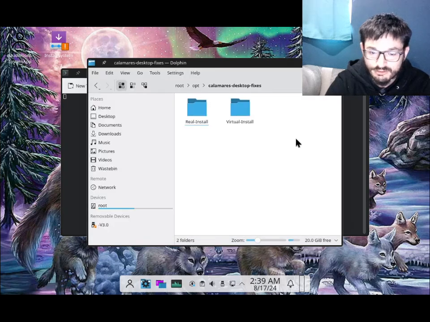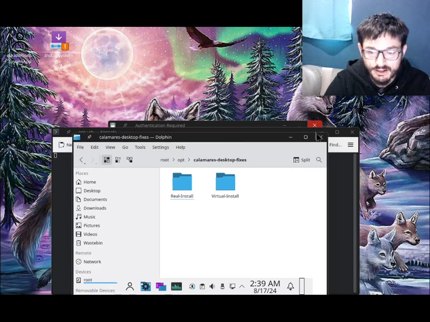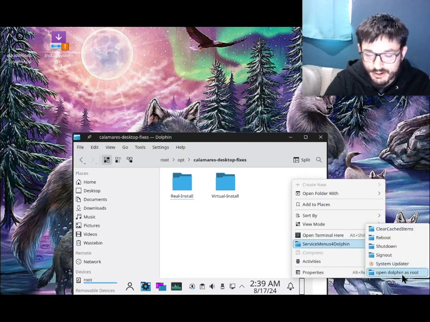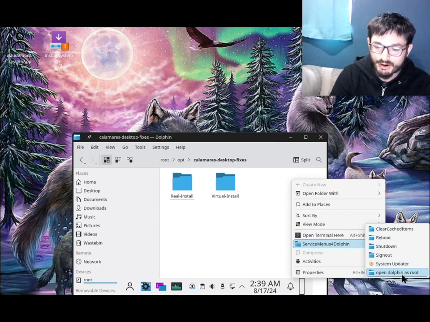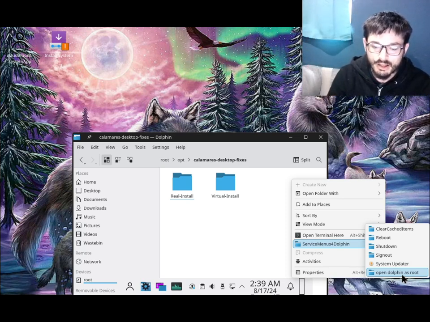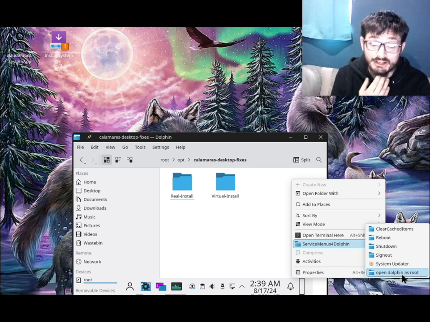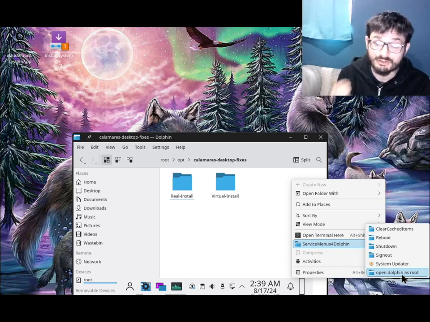This service menu did just get updated, funny enough, so there is a new update for this service menu that's not in this ISO. The update was that you can now wipe partitions with gparted, and the update clear cache script now has green text, which is what I want to do in my terminal as well. I did have dark green text in my terminal whilst I was building it. It's just hit or miss with this bot that I'm using, so it starts removing some of the stuff that I did put in there, but I finally got a stable base, so I'm happy with what I got, which is why I uploaded it.